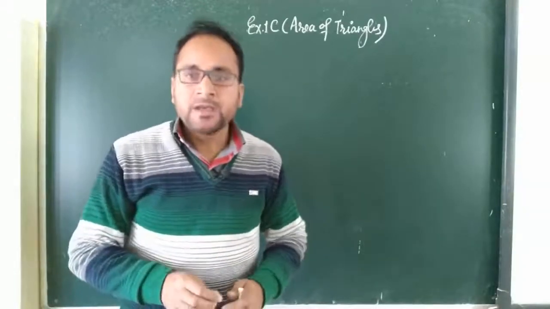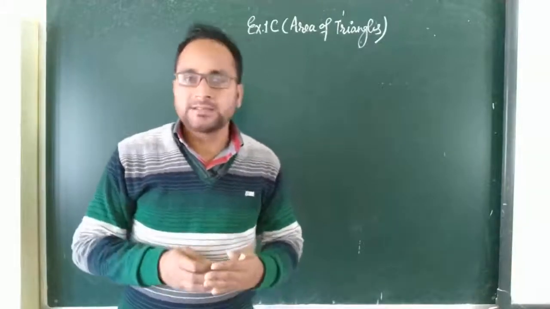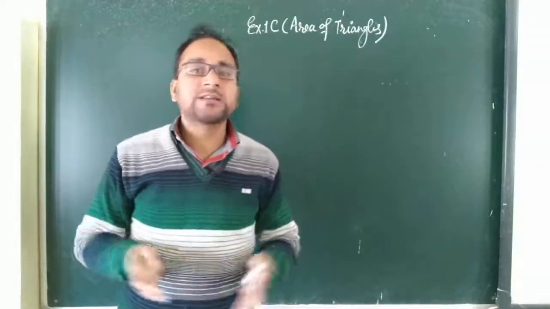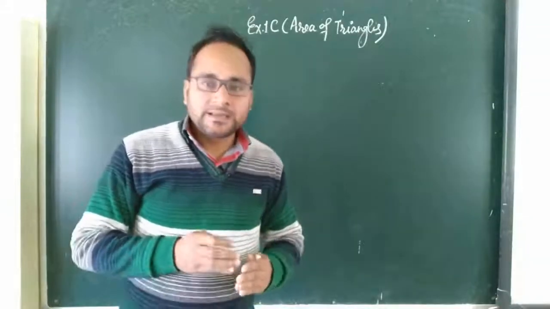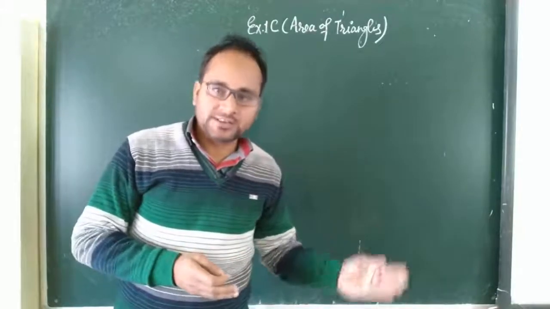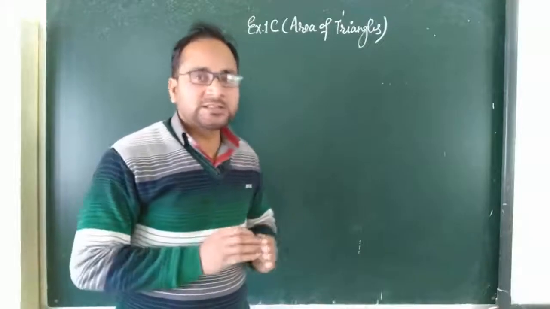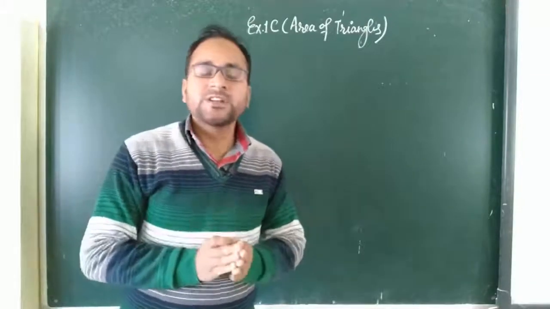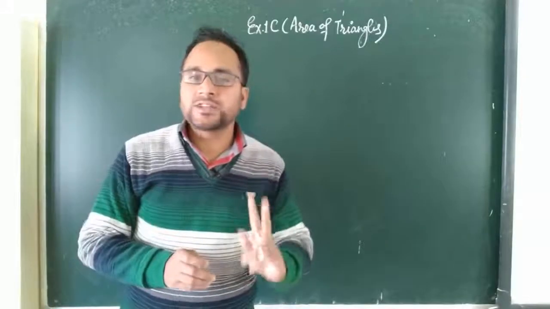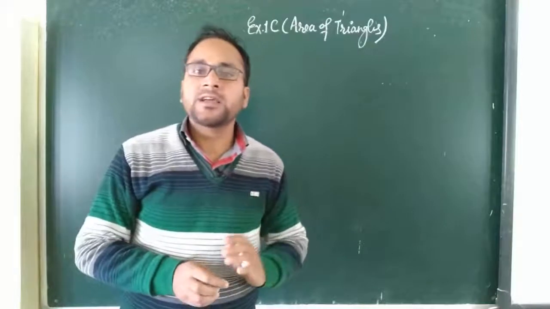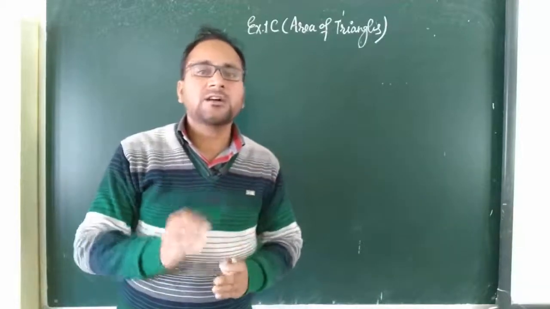Sometimes there are three types of triangle according to the sides. Scalene triangle, whose all sides are different; we use a different formula to find the area. Isosceles triangle, we can use this same formula, or there is a separate formula for isosceles triangle. And the third one is the equilateral triangle, all sides are equal. In isosceles two sides are equal, in equilateral triangle all three sides are equal. So the formula for equilateral triangle is different.